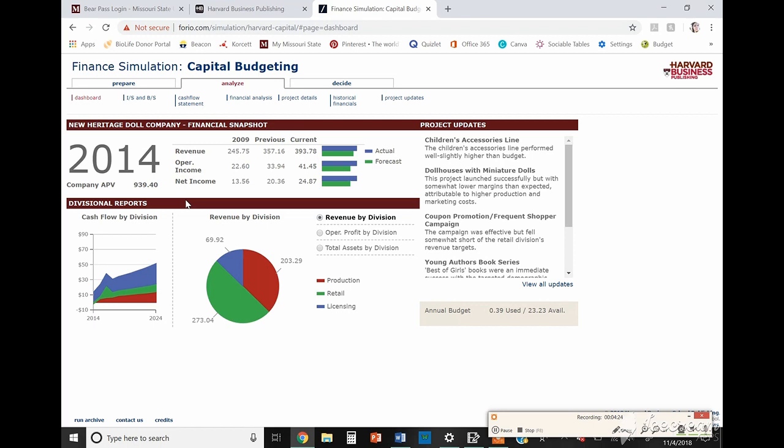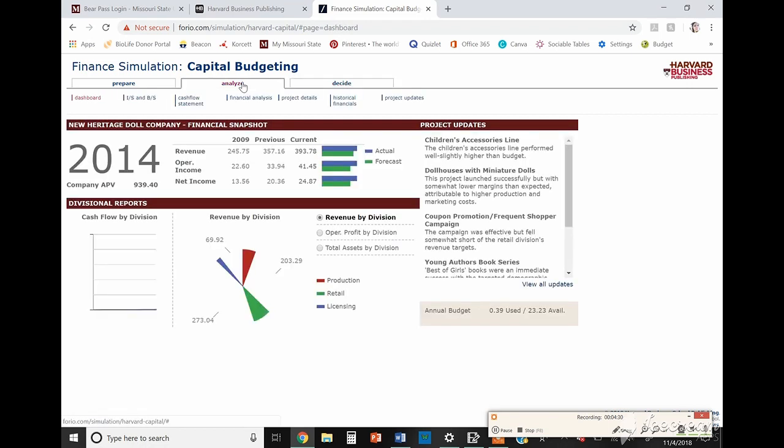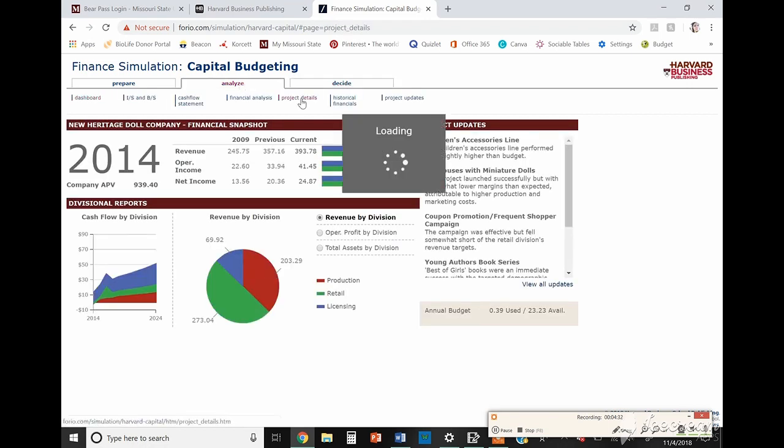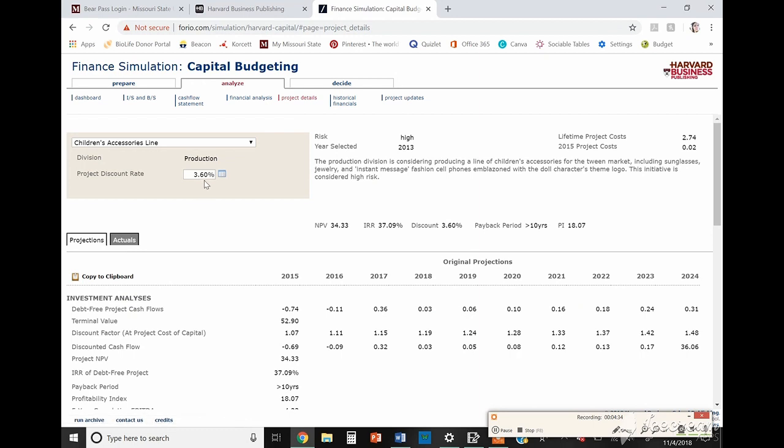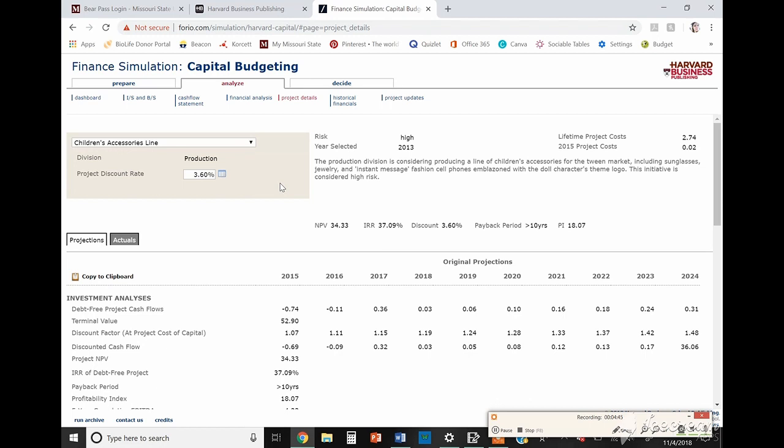And then I already mentioned how I adjusted my projects by changing this percentage. I did that with almost every single project I chose, unless, like I mentioned with the acquisition of the children's magazine, it was just already in the right range, so there was really no need to change it.